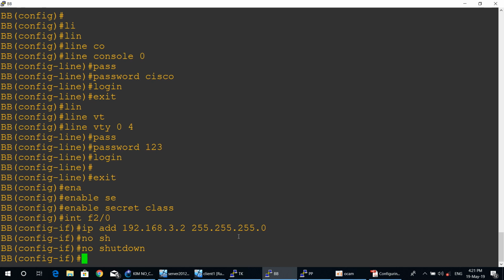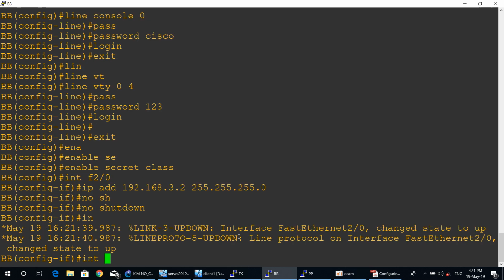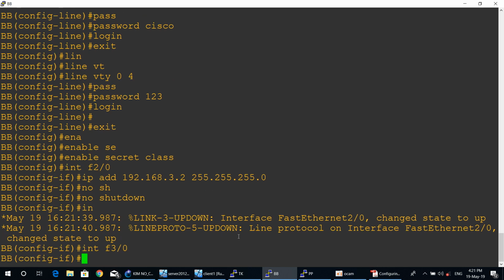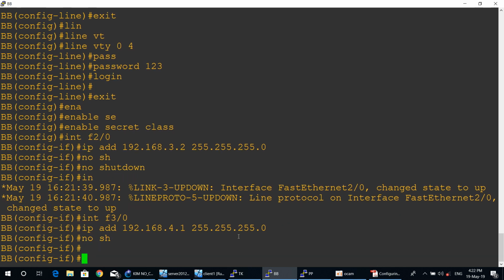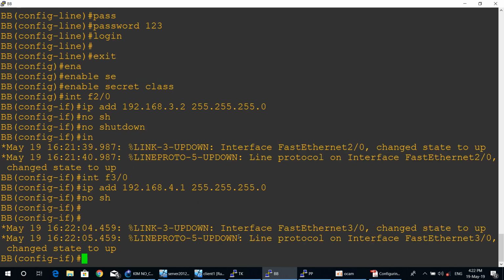Okay, another interface 3/0, IP address 192.168.4.1, subnet mask 255.255.255.0, and then open interface no shutdown. Okay, now I already configured the interface of the router BB, so next we will move to config interface